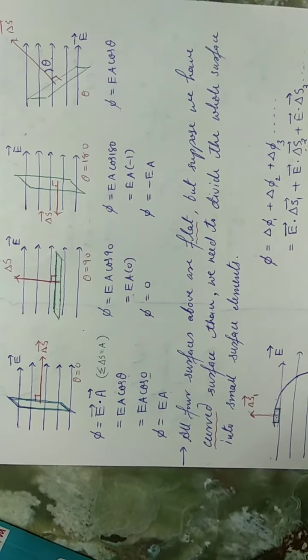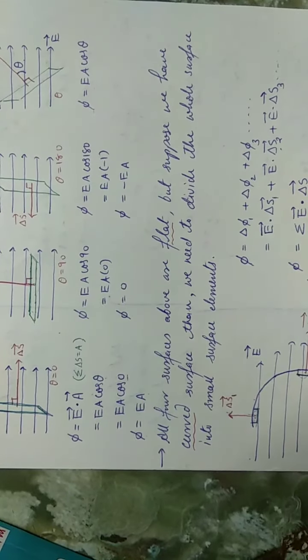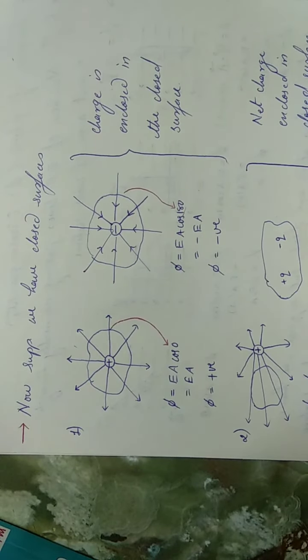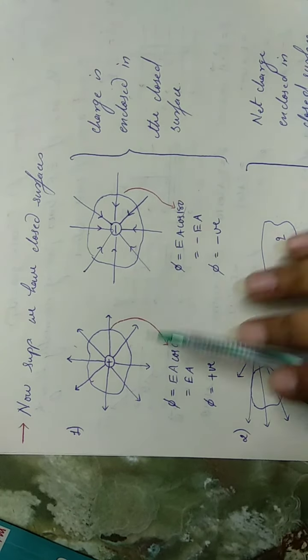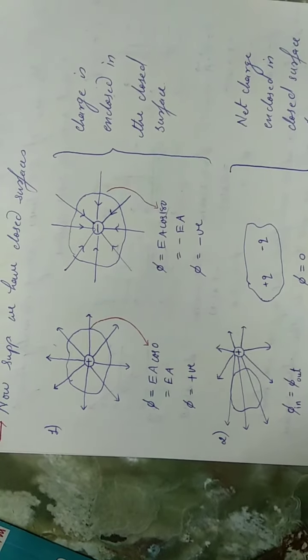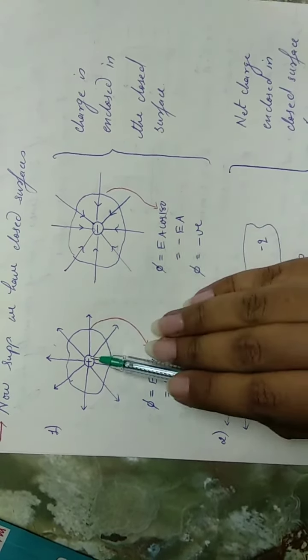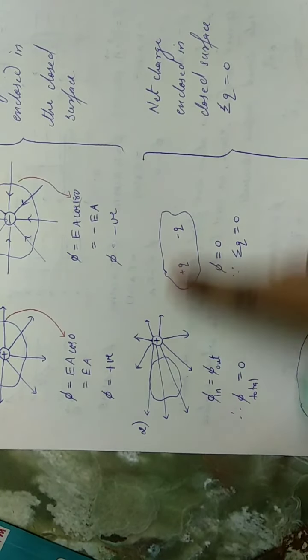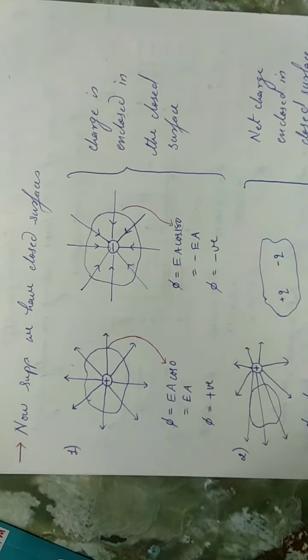Now in all these cases, whether we have seen the flat surfaces or the curved surface, all the surfaces are open surfaces, and we were calculating flux for them. But suppose we have a closed surface, then how will we calculate flux? So now suppose we have closed surfaces. This also we will divide into two parts. In the first part, our closed surface has some charge enclosed within, and in the second case we'll see that there will be no charge enclosed in our closed surface. So first we'll see this.